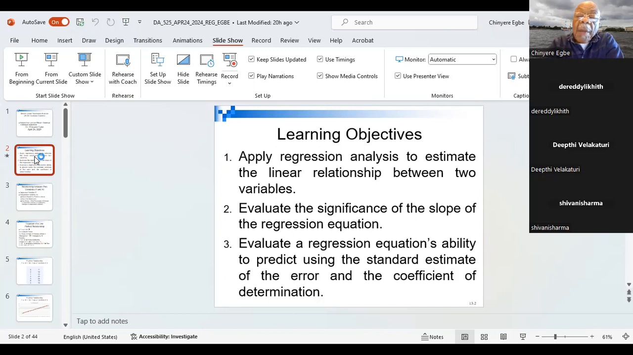Suppose you have 4 people, how much money will they spend on food? So that is how we use our regression equation to make predictions